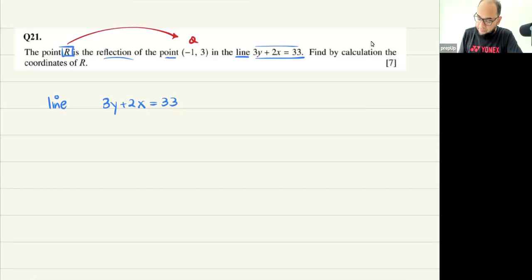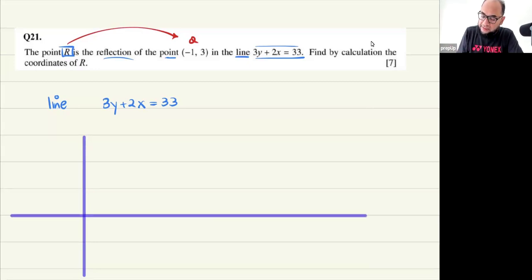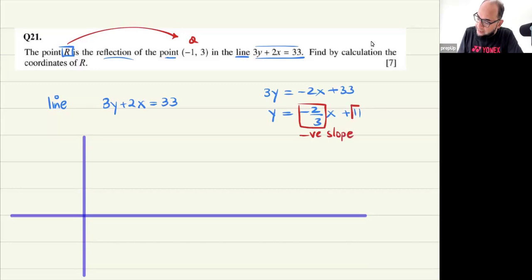Now first of all, let me draw a grid, and let me draw this line, the blue line. 3y equals negative 2x plus 33, y equals negative 2/3 x plus 11. This line has a negative slope and a positive y-intercept. That means if I draw this blue line,